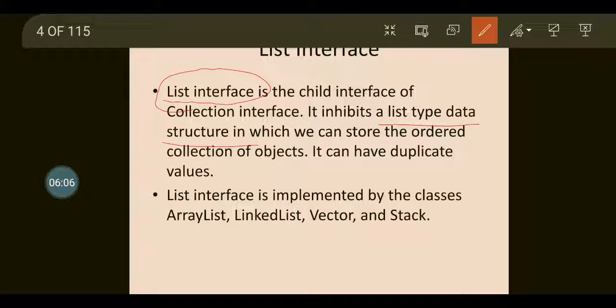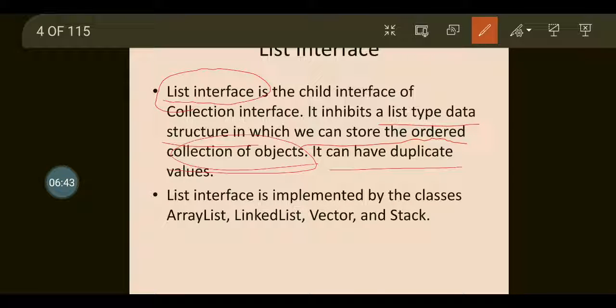We are all well aware that the list data structure simulates the concept of a normal list. List in the sense it is a collection of data items. In order to collect the data items in an ordered manner, we move towards the concept called list interface, so that it is possible to store an ordered collection of objects.